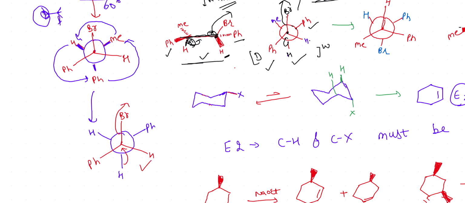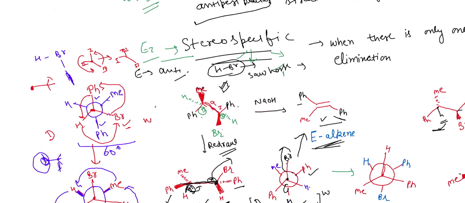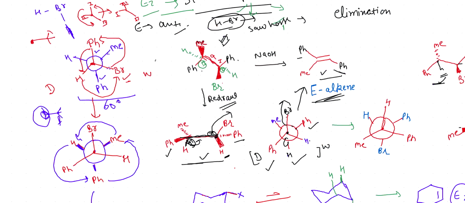So in this, both the phenyl groups are trans to each other. So you can look at the structure we have already discussed, in which both the phenyl groups are opposite to each other. And we have drawn the sawhorse structure for this. And for this sawhorse structure, so as this is a wedge, phenyl is at the, sorry,